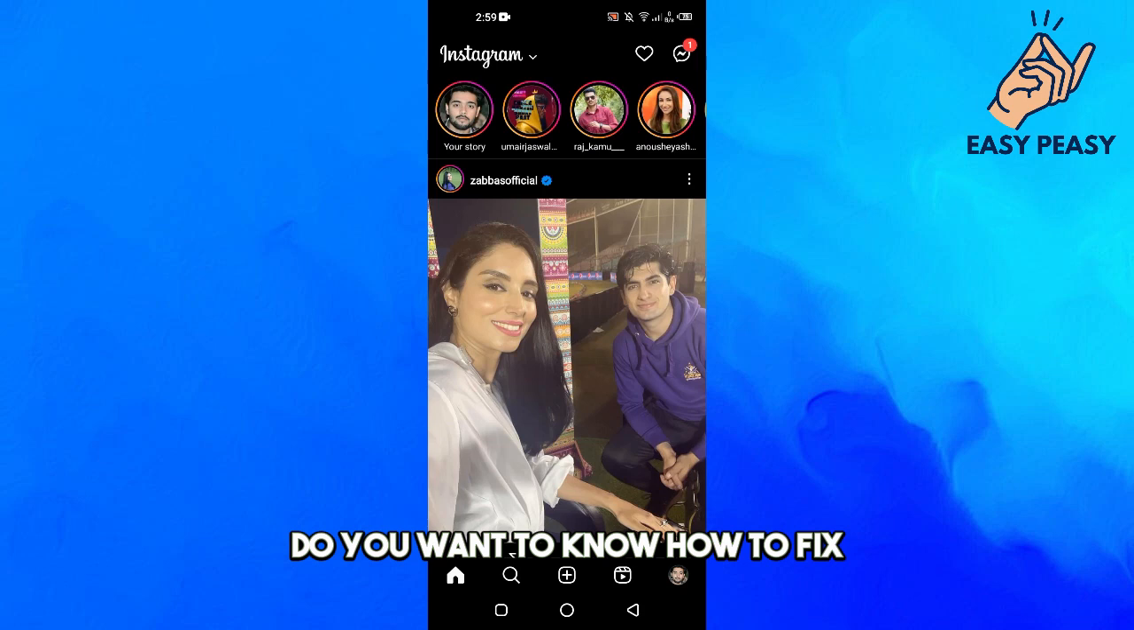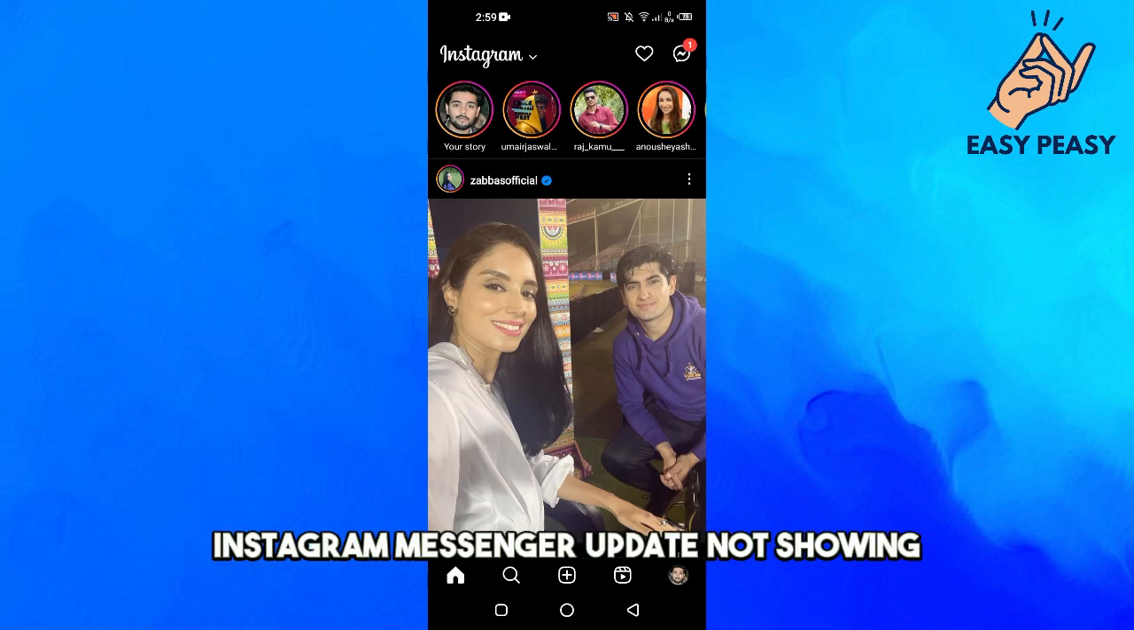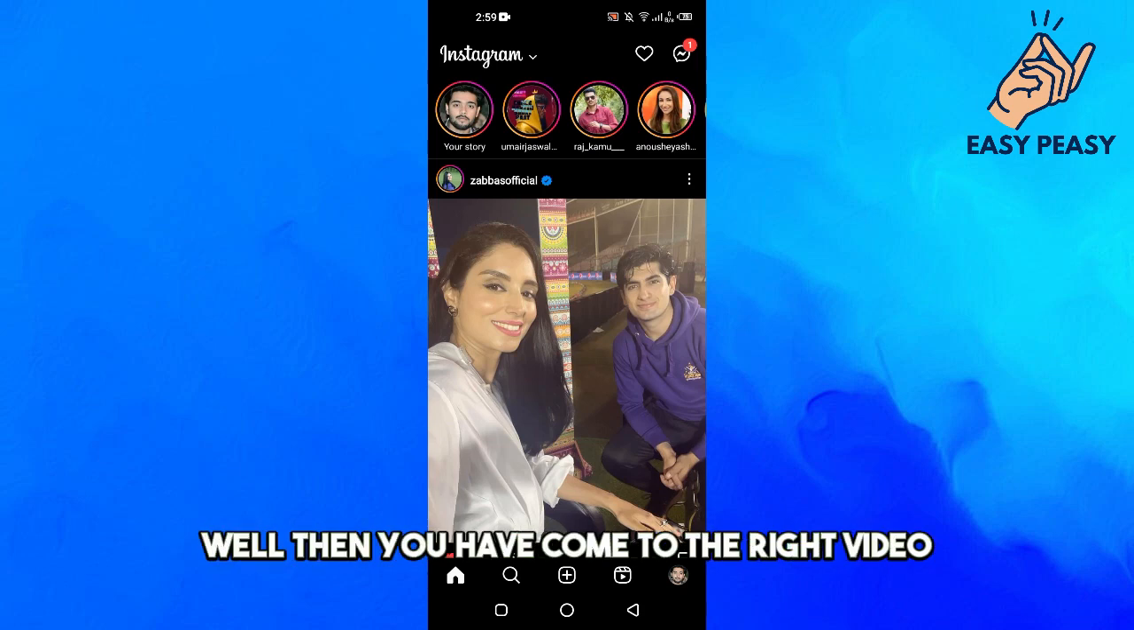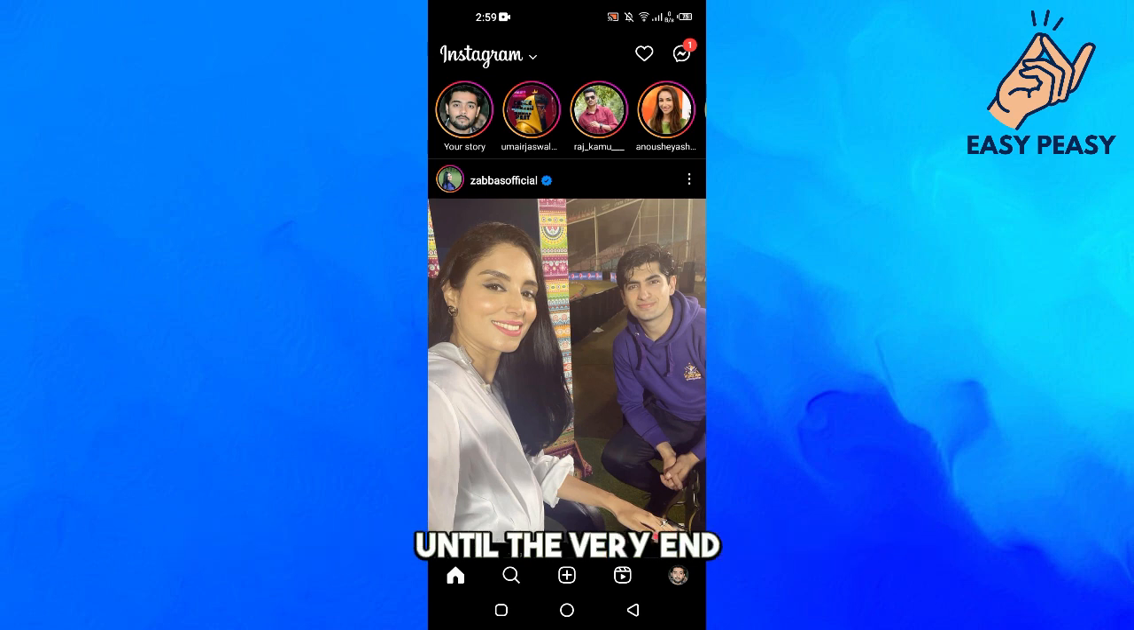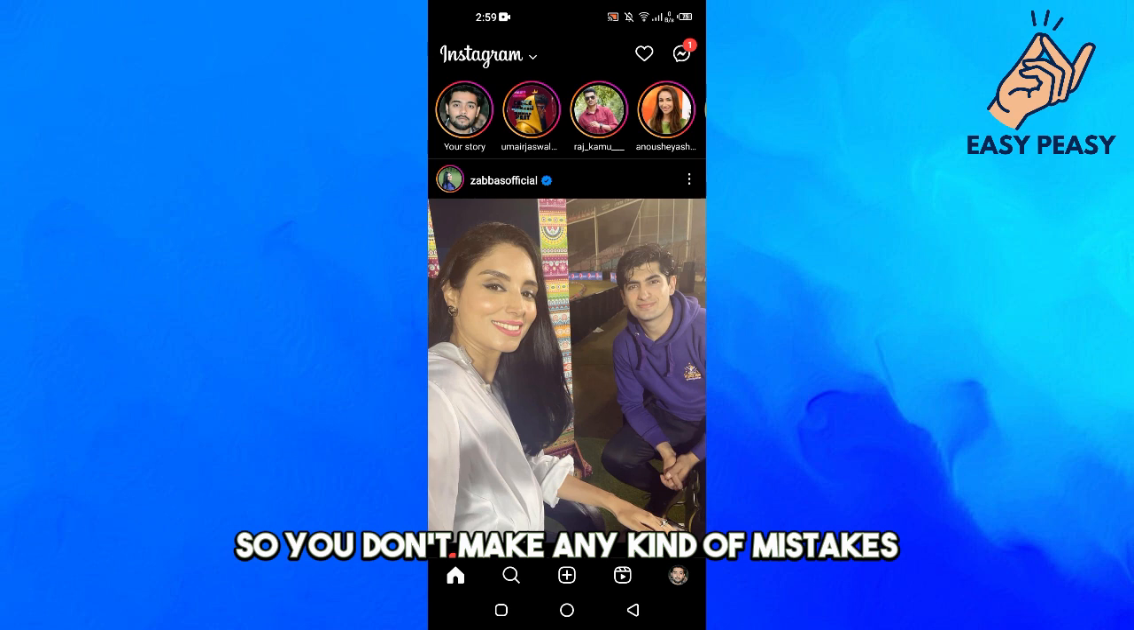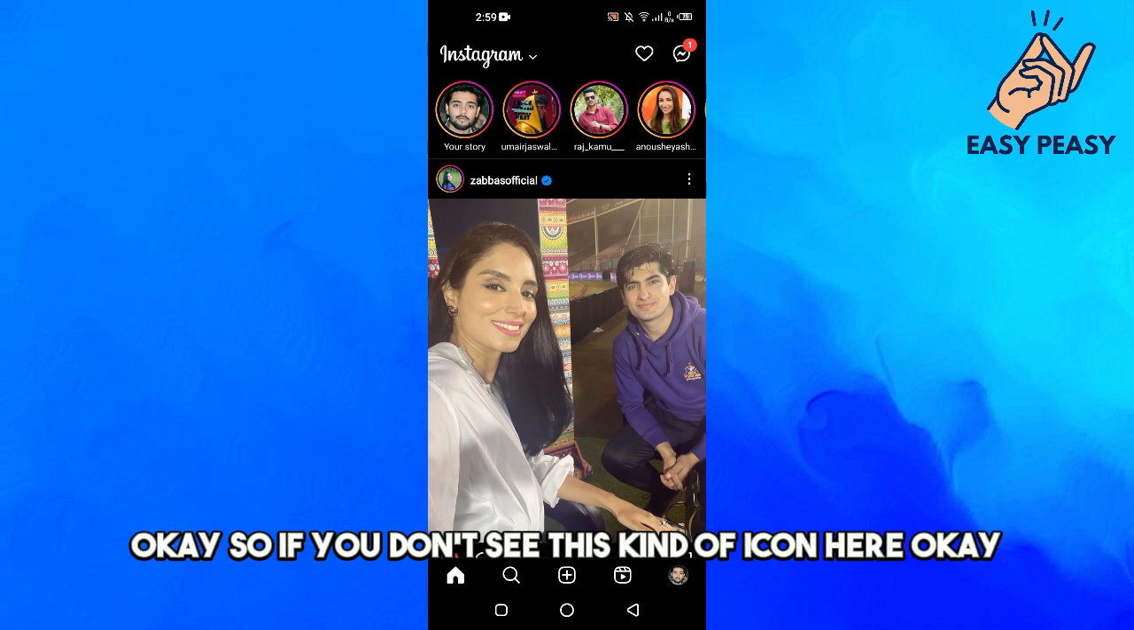Do you want to know how to fix Instagram Messenger update not showing? Well, then you have come to the right video because I'm going to show you how to fix this. But make sure that you watch this video until the very end so you don't make any kind of mistakes. Okay, so if you don't see this kind of icon here,